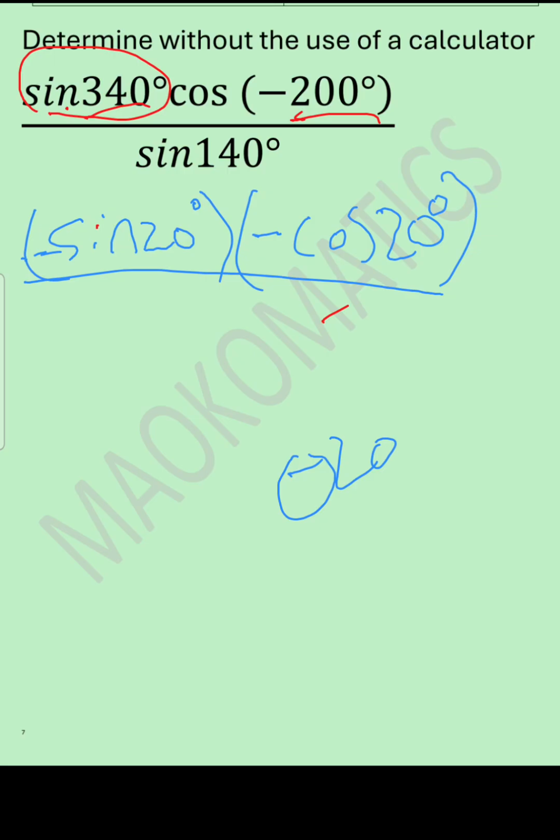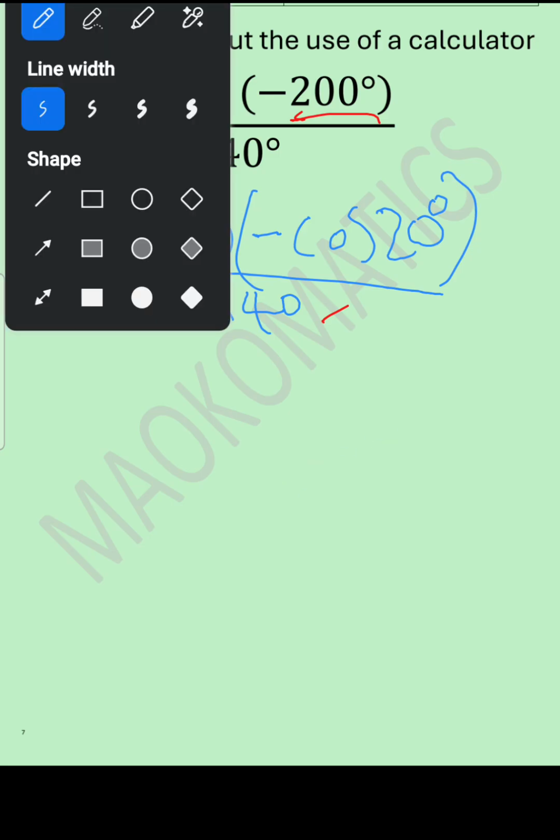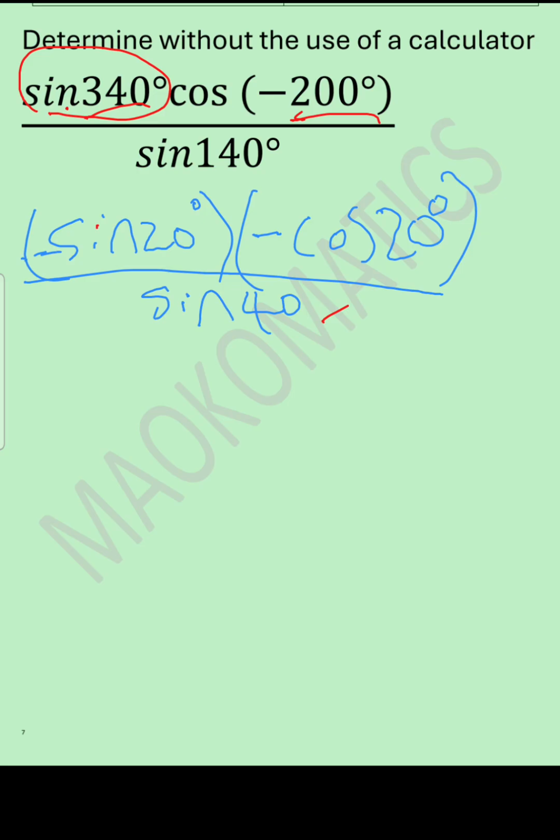So now this is what? This is the same as sine 40. Now negative sine 20 times negative sine 20 cos 20. Negative and negative form positive. So this is sine 20 cos 20